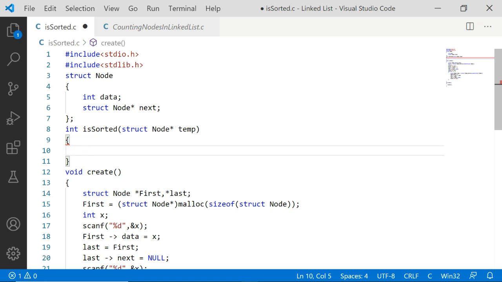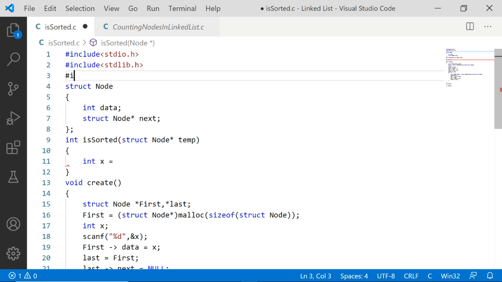Okay, so inside this, what we need to do is, we first of all have to take a variable called x, and this x will be having the so far maximum value. By default, this should be taken as the minimum integer value.